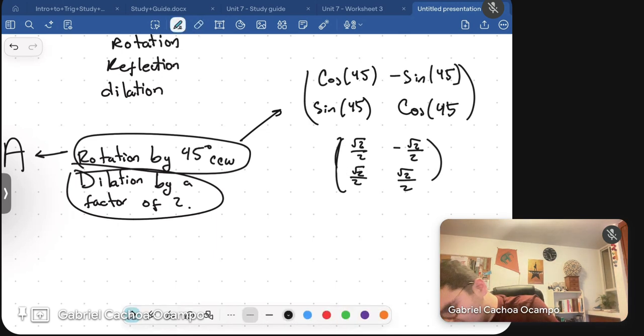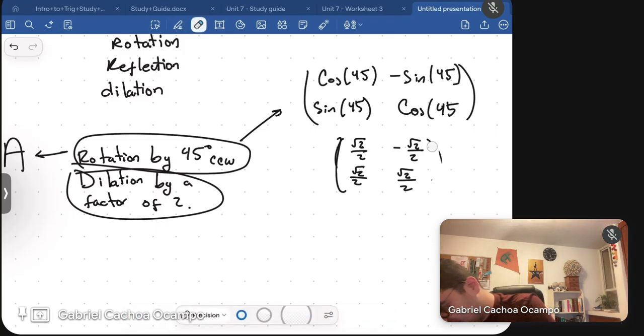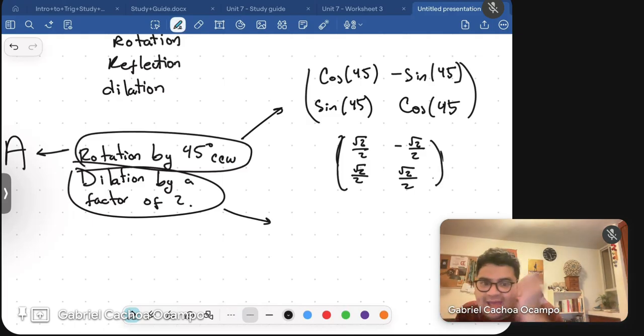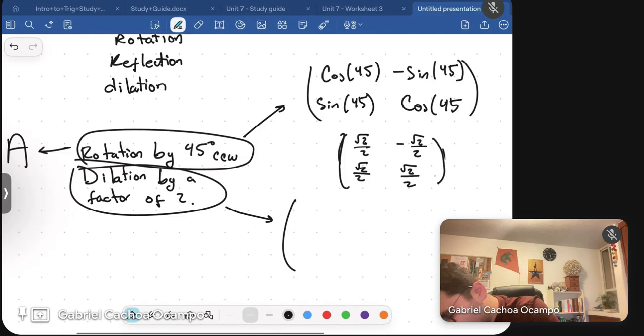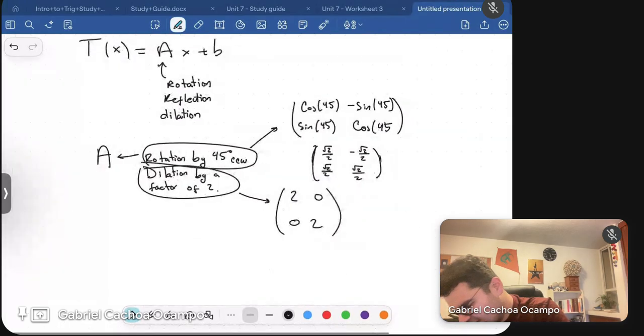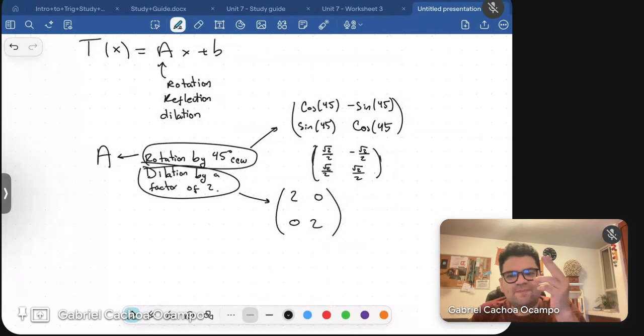But I would like it, you also know that, for example, what matrix is a dilation by a factor of 2? A matrix that is a dilation by a factor of 2 is 2, 0, 0, 2. Okay, so how could I combine them so that I do both transformations, so that I do the composition